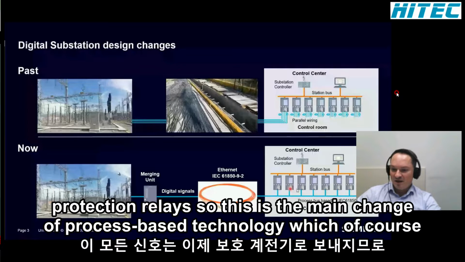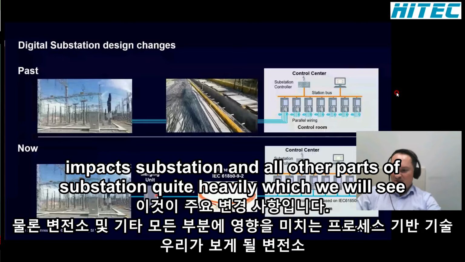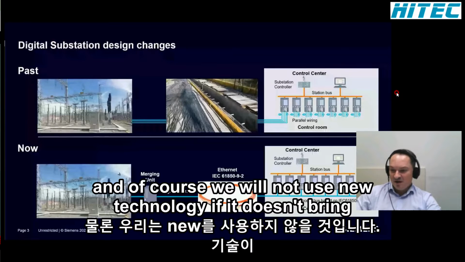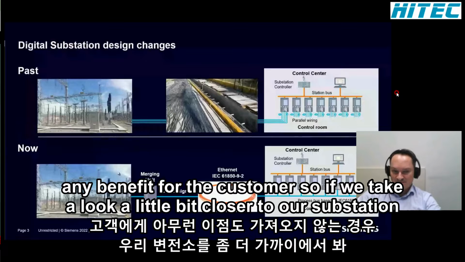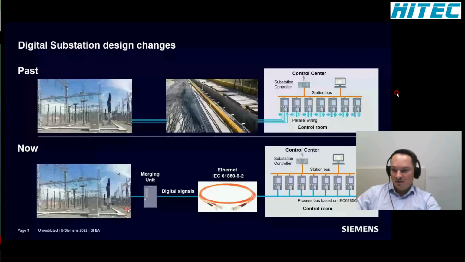So this is the main change of process bus technology, which of course impacts substation and all other parts of substation quite heavily, which we will see. And of course, we would not use new technology if it doesn't bring any benefit for the customer. So if we take a look a little bit closer to our substation